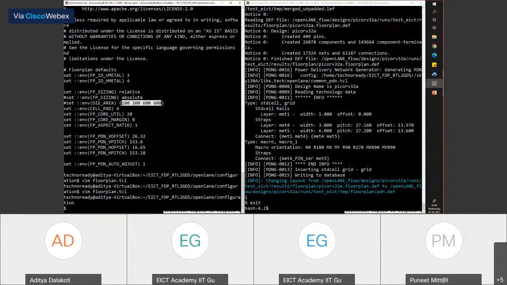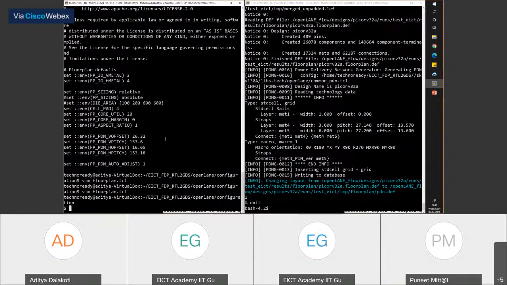In that case, the way the coordinates are specified are like this. We'll come back to this nomenclature when we are doing some routing blockages as well. But in general, this is the XY for the left bottom of the rectangle. And this is the XY coordinate for the right top. And that's how you specify the die area. So you can go with the absolute die area as well if you know what size you have to fit it to.